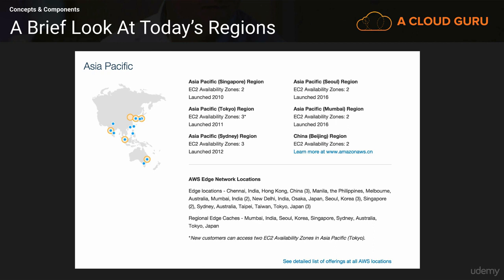resources. In terms of edge locations, we've got it in India, we've got Hong Kong, we've got Japan, we've got Korea, we've got Australia, basically everywhere in APAC apart from New Zealand, but hopefully that will be coming soon for